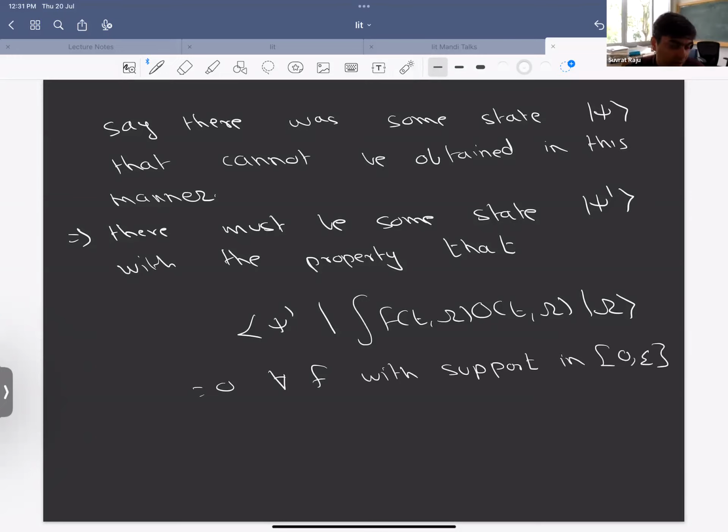And that's the reason, because psi has some component which is parallel to psi prime, that we are not able to approximate psi arbitrarily well by acting with these functions of this compact support. Okay. However, this implies that psi prime